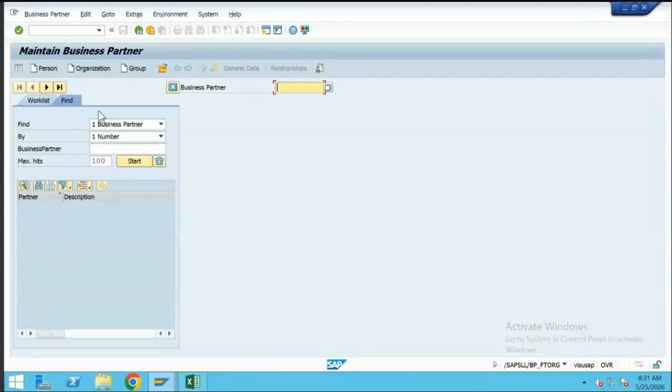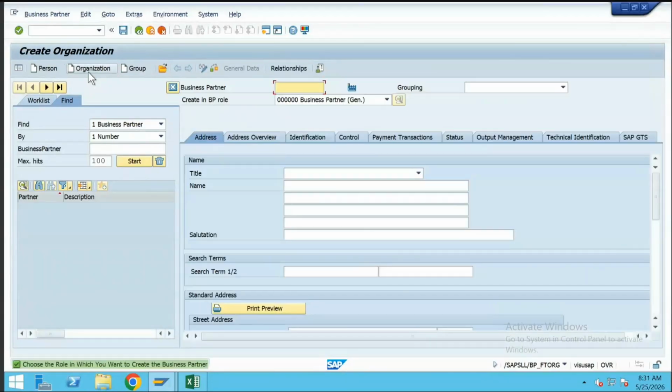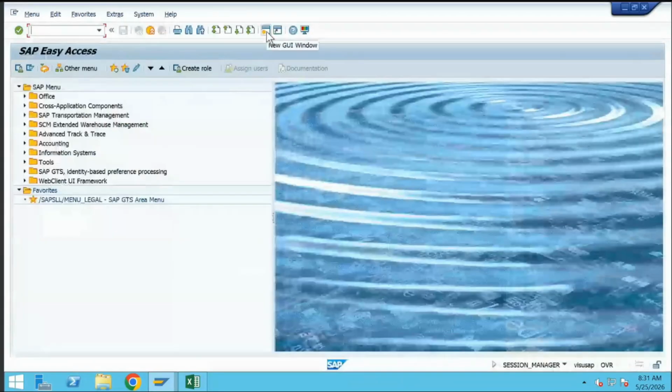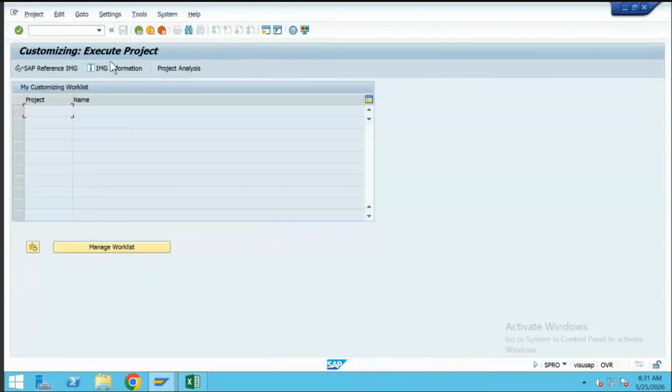Now click on this organization. Create organization. Why? Because our company code and plant are called an organization. That's why I'm creating an organization. Okay, so before this, we have to do one more configuration. Go to SPRO, SAP Reference IMG,